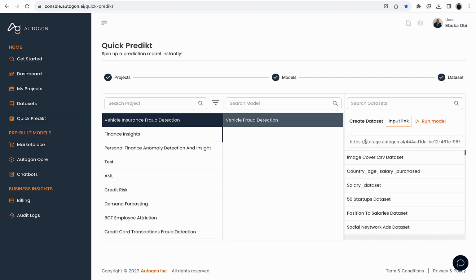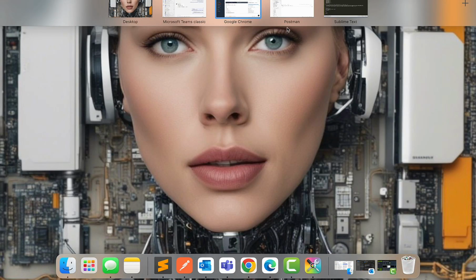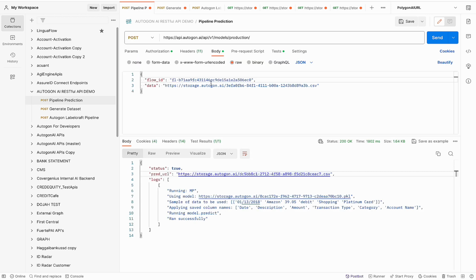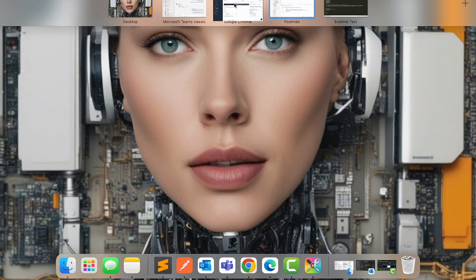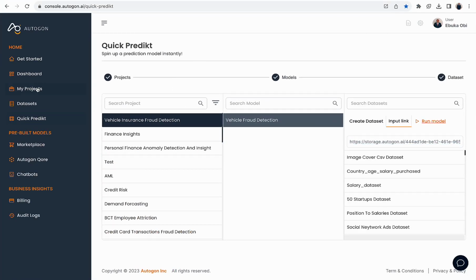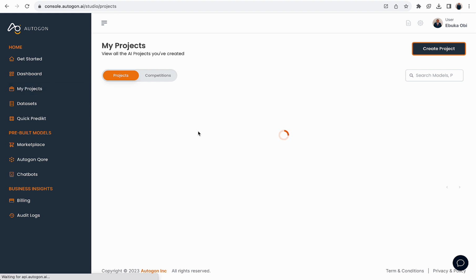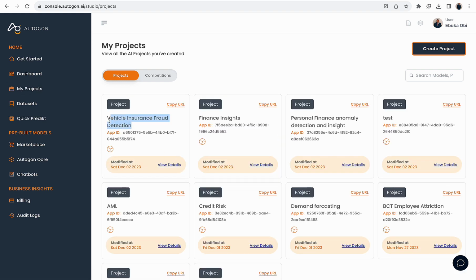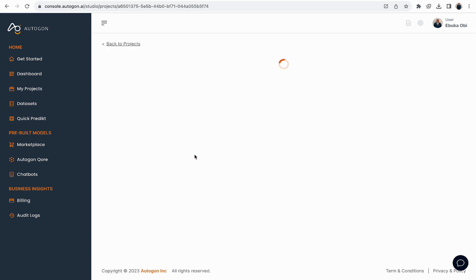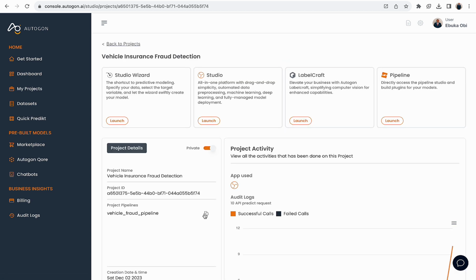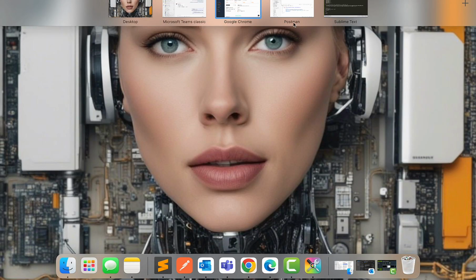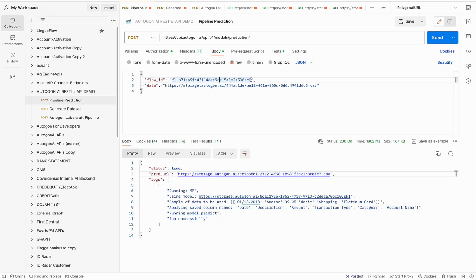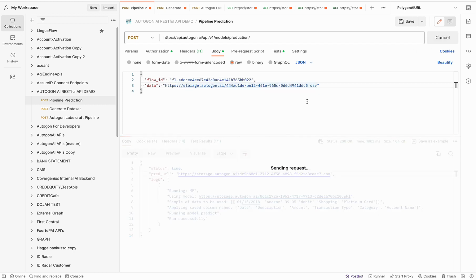So I'll now show you how to do the same thing via API. All we need to do is copy the same data set, and I'll come to API. I already have a collection open here, and I'll update the data set here, and I'll copy the pipeline. To copy the pipeline, you have to open the project, vehicle insurance fraud detection. If I click on view details, I can see the pipeline, and I copy the pipeline, and I come back to Postman, and I update the flow ID of the pipeline, and I hit send,